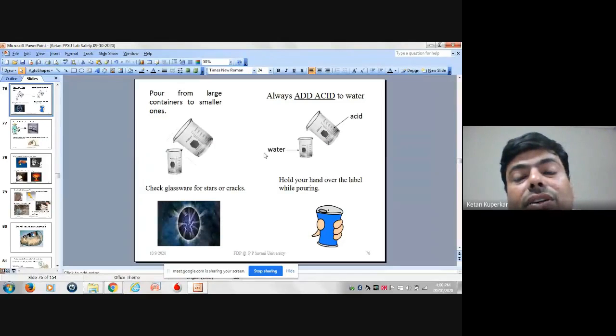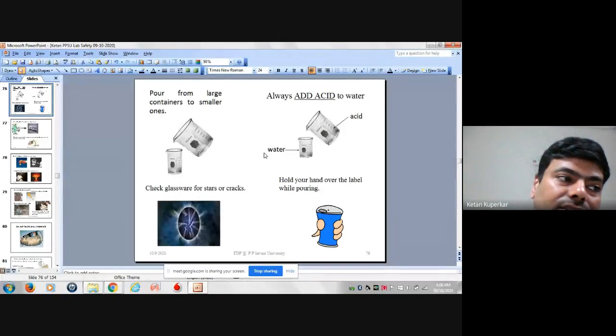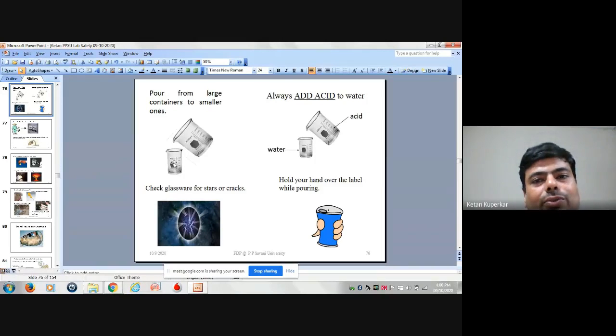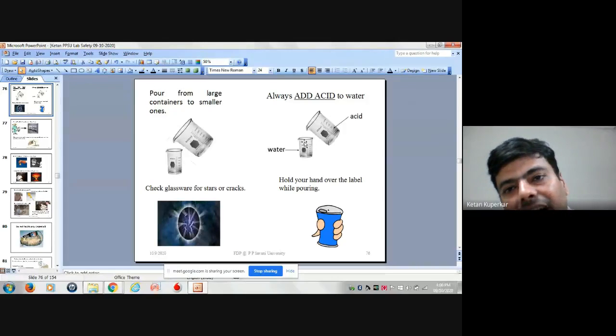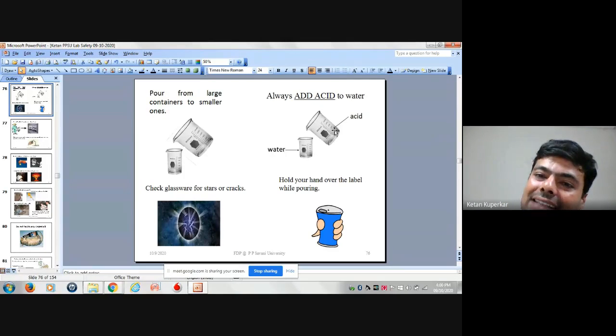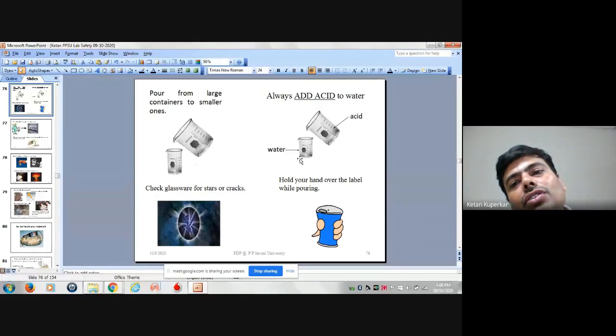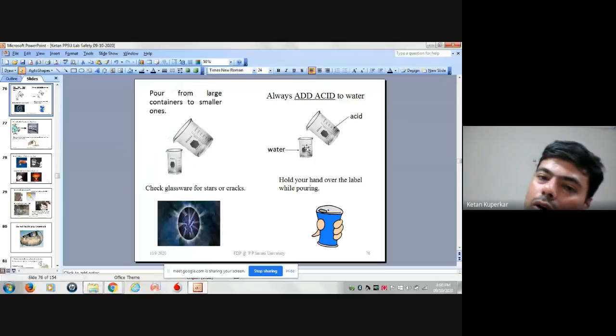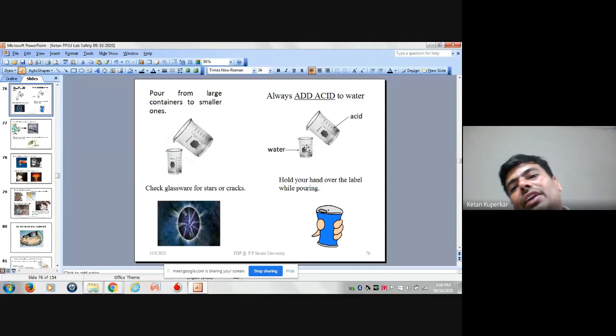So yes, now this is one of the commonest things where students make a major mistake and invite accidents. Always have a habit to pour from a large container to the smaller one. In addition, always add acid to water. If you add water to acid, acid being highly concentrated, it will not like the water, which is of different characteristics, to come into its environment, and definitely it will